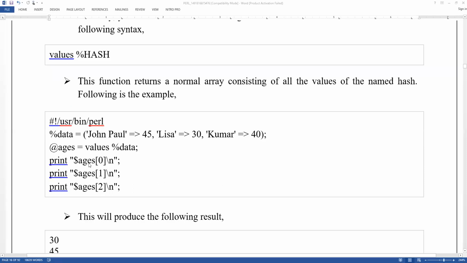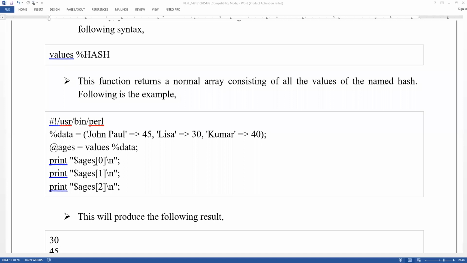But here he is taking age as a variable. At the rate of age is a variable. He has taken the values of percentage of data. Whatever numbers are present here will be treated as values.